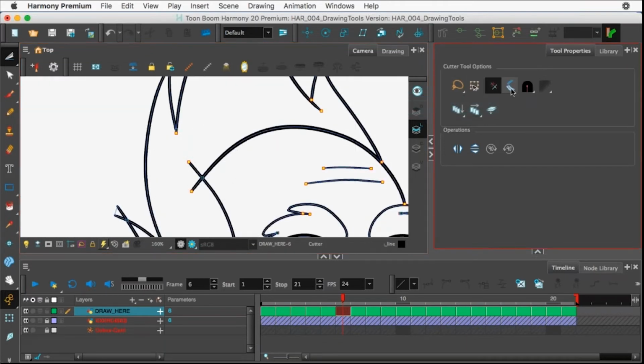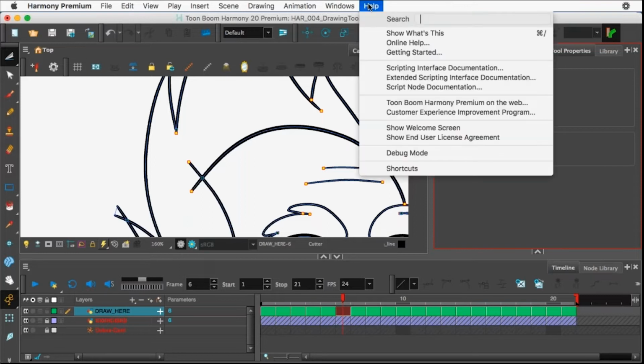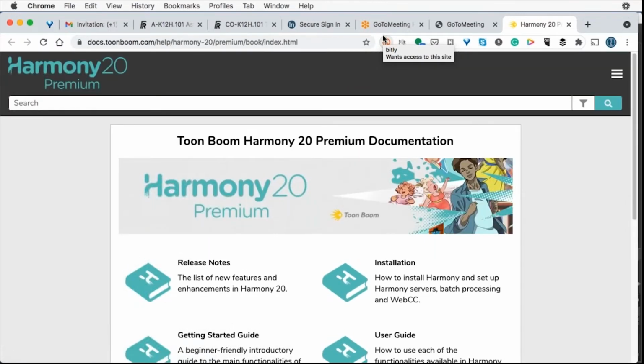By the way, let me share one thing with you all that's a major lifesaver. I'll let you in on my cheat sheet. Anytime you run into an issue like mouse gesture breaker mode, what the heck is that? The help section, unlike most help sections, is literally how you get to the Harmony Encyclopedia. If you go under help and do online help, and this happens with whatever version you're on, whether Harmony Premium, Harmony Essentials, Harmony 21, whatever, even Harmony 16, this is online,